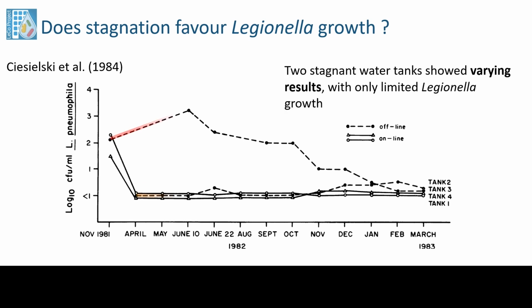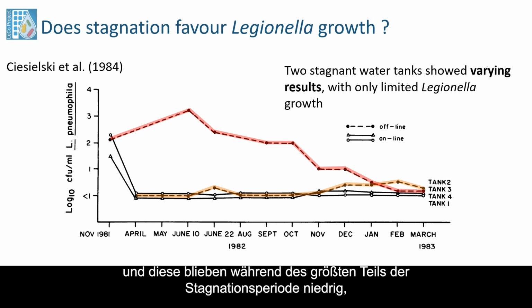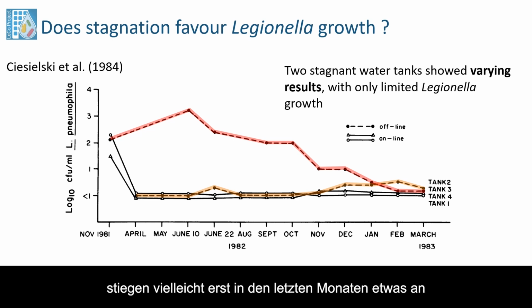However, the data deserves a little bit more scrutiny. Highlighted in this figure, you see the 2 water tanks that were stagnant during the experimental period, and these show varying results. The first water tank, which you see at the bottom, started with very low numbers of Legionella, and these remained low for most of the stagnation period, only increasing maybe in the last couple of months a little